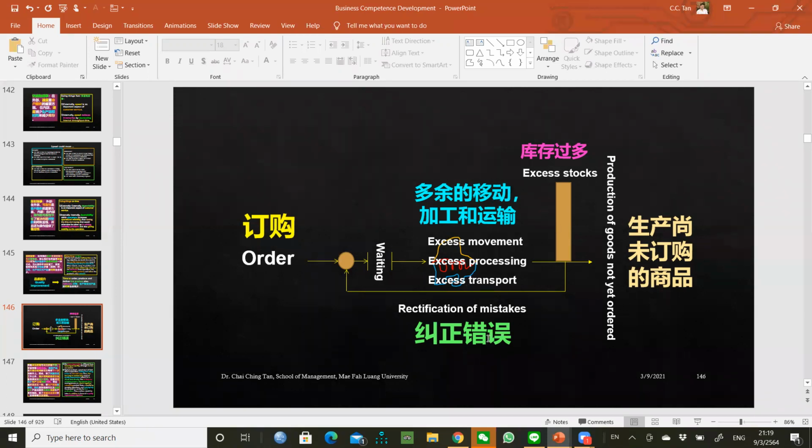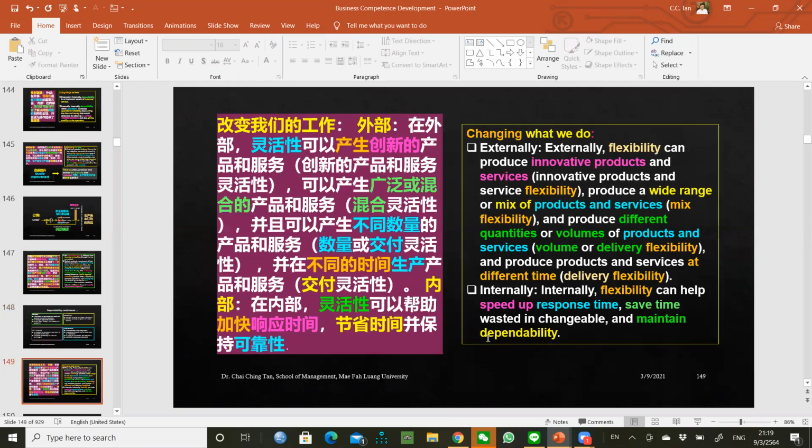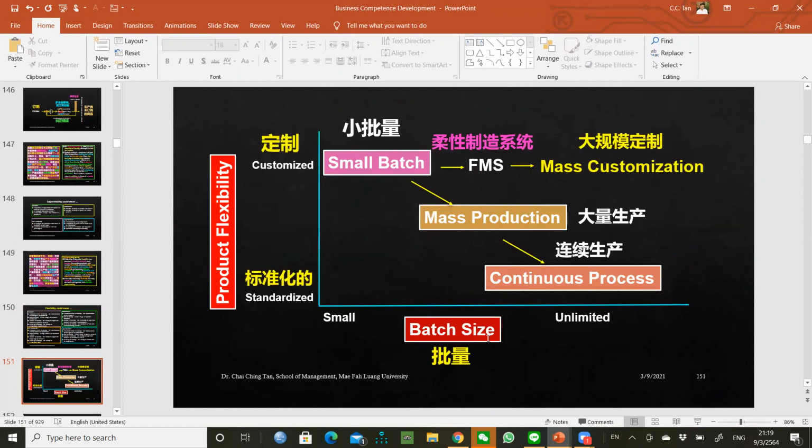And all these are just the seven wastes that you need to focus on. Okay, and so you can read it by yourself, just different manifestations. And in terms of process design, operations process design, it really depends on the degree of flexibility. We're still on the flexibility side, but you can read it by yourselves.